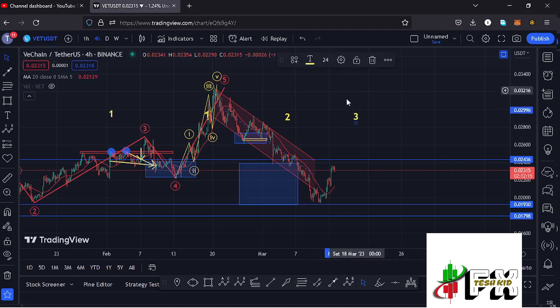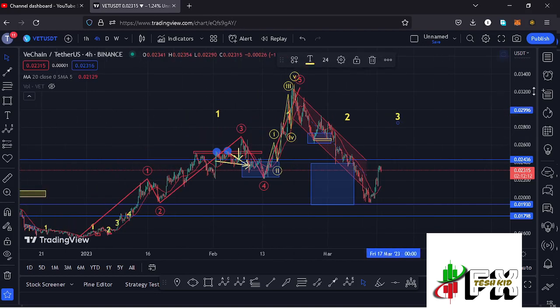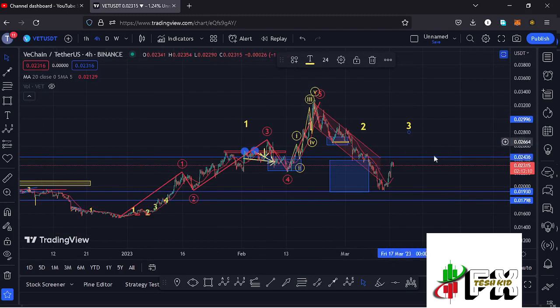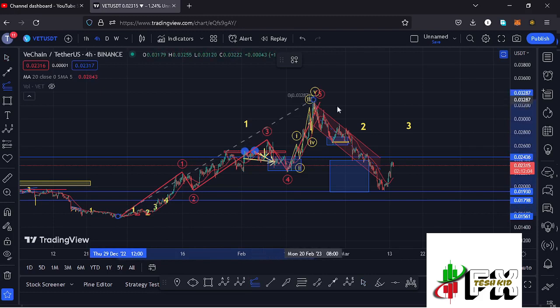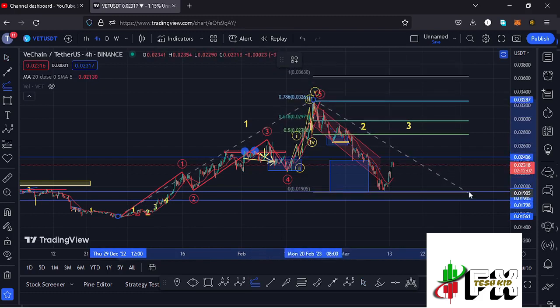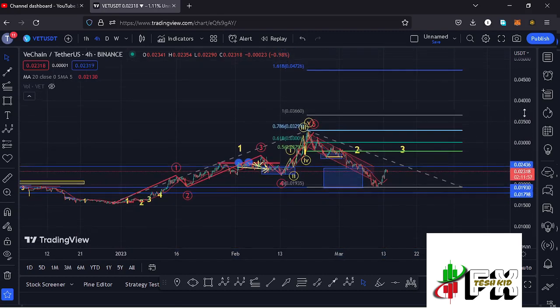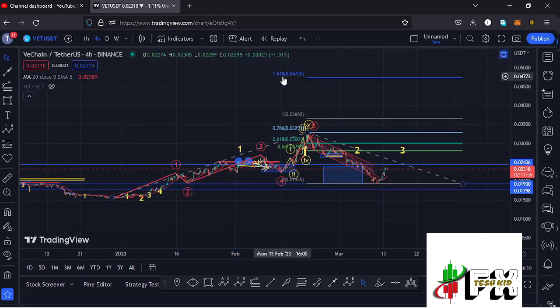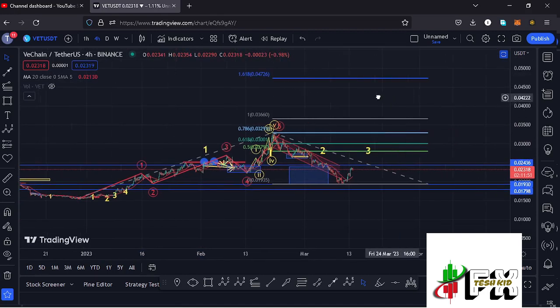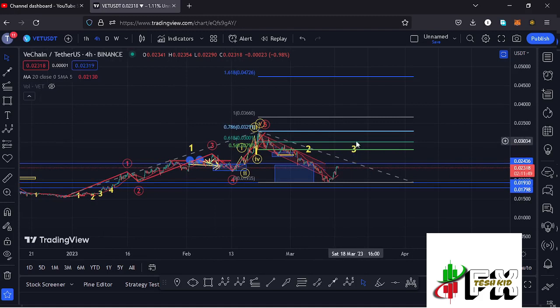And I believe that whatever we are seeing at the moment is the start of this impulsive wave to the upside in the formation of this wave 3, and sketching out a target area to the upper side in the formation of that wave 3 by connecting the trend-based Fibonacci from the low of the first wave to the high of that wave 1, then dragging the fibs to the low of the second wave. That gives me a minimum target area to the upside in the formation of that wave 3 at the fib level 1.618, and that is at around the $0.04726 mark,